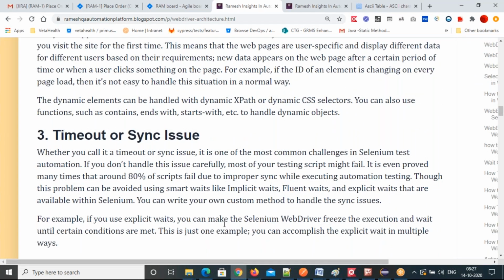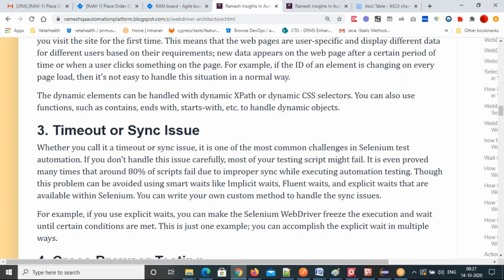If you're using the Selenium tool, a timeout or sync issue. So whether you call it a timeout or sync issue, it is often a common challenge in Selenium test cases. The challenge is maybe your application is taking more time to load, but your tool doesn't wait that much time. If you are not adding the proper synchronization commands, you need to tell Selenium, okay, wait for this element, wait for this title.